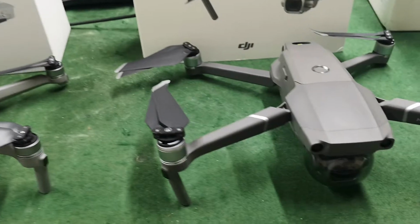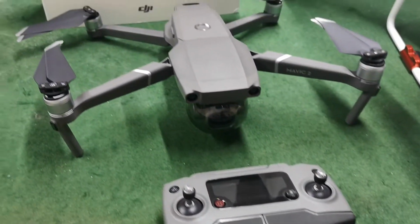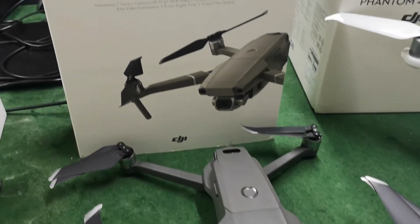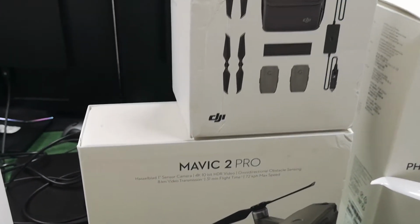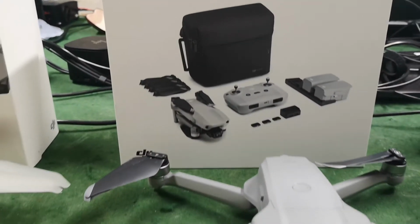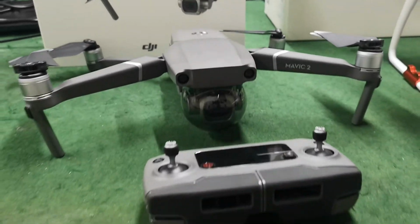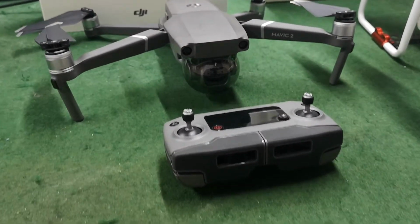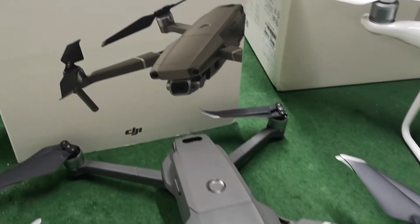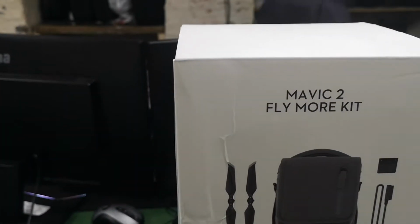We got the Mavic 2 Pro, which we already had, and that's the Fly More combo. Sorry, Mavic Air 2 is the Fly More combo. The Mavic 2 Pro, which is the Fly More combo,